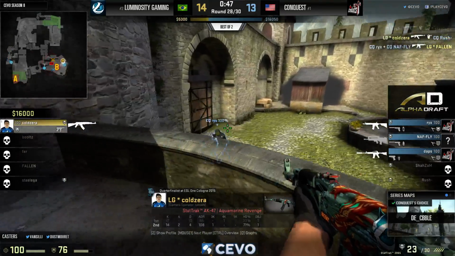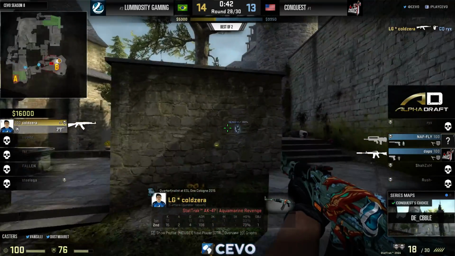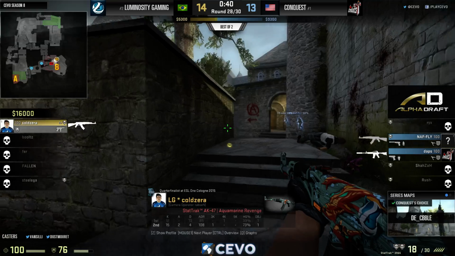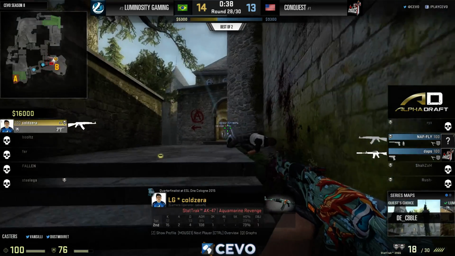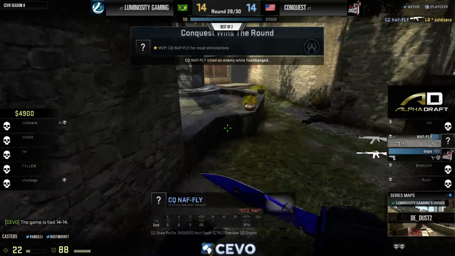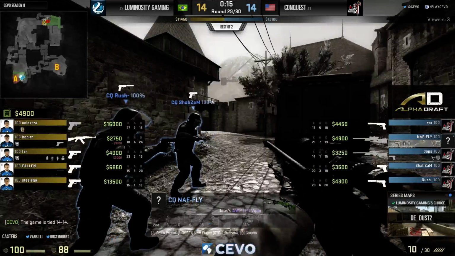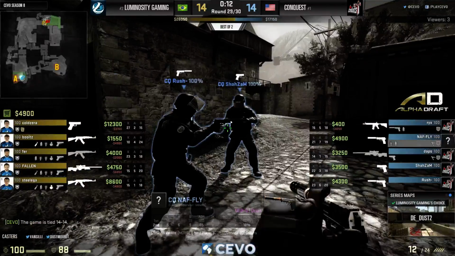Like, he was fully blinded and just kept burning, and Cold just makes it a 2 versus 1. Can he clutch a 4 versus 1 right now? The bomb is down. Nafly and Daps moving in. Flash is being thrown. He does get the spray, but then dinked at the end of the day by Naf. But this, again, is still very dangerous for Conquest here, Dust, because if Luminosity Gaming wins this one, they reset the